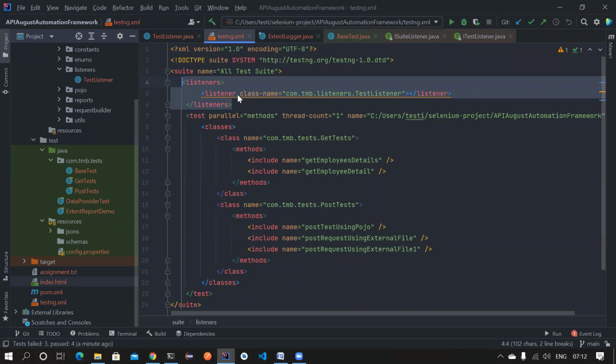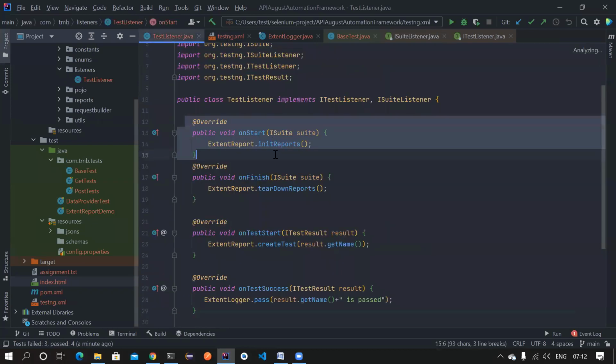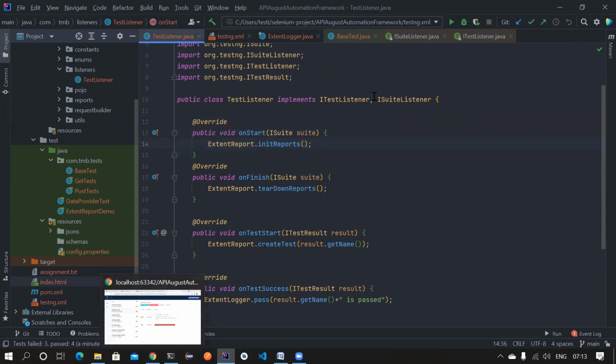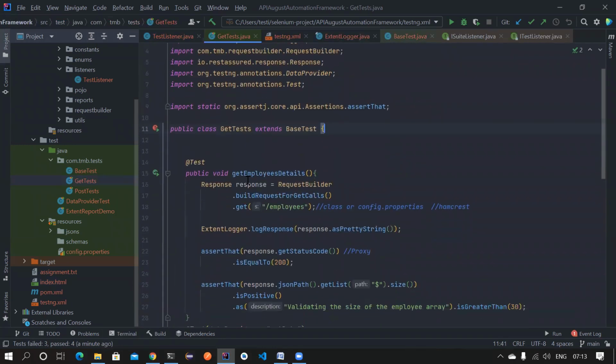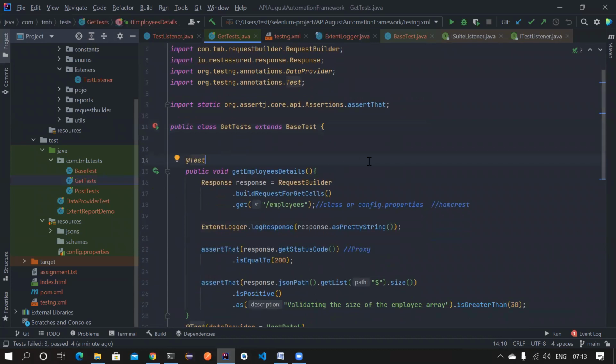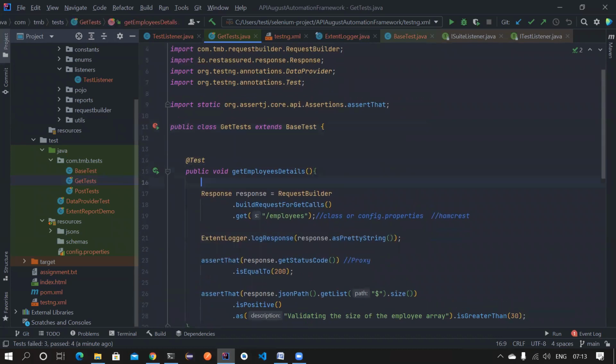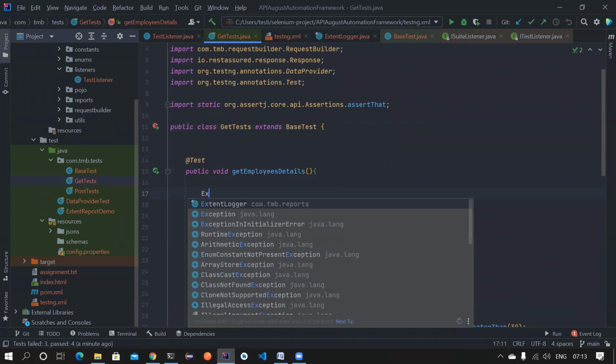Good. Now what else can we do? Extent Reports comes with a lot of benefits. You have the capability to add your author names and more to it. Suppose you want to mention who has created which particular test case. Let's say the get test was created by Amudan. I want to log that information. So then what you can do is tell the extent manager